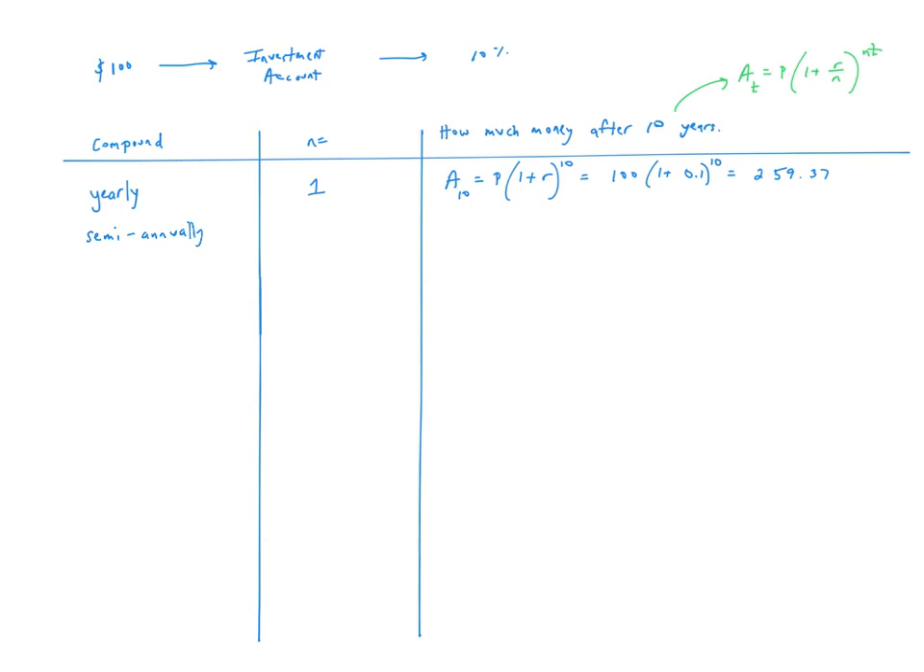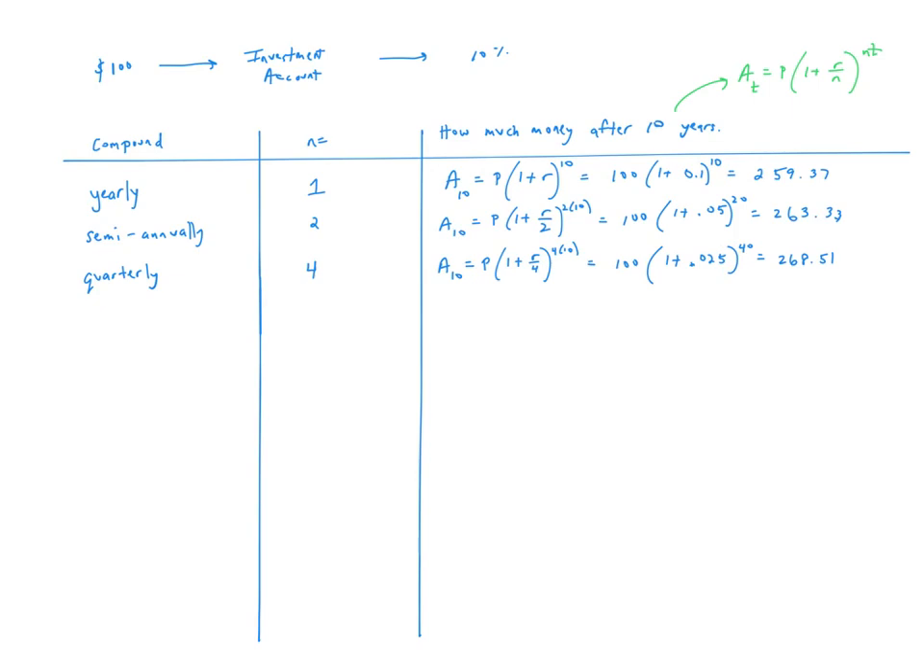Suppose the bank compounds semi-annually. That means n is equal to 2. After 10 years, we'll have $263.33. Suppose the bank compounds quarterly. That means they're giving you an interest payment 4 times per year. After 10 years, it turns out we have $268.51. Suppose we find a bank that compounds monthly. That means that they're giving us an interest payment 12 times per year. After 10 years, we have